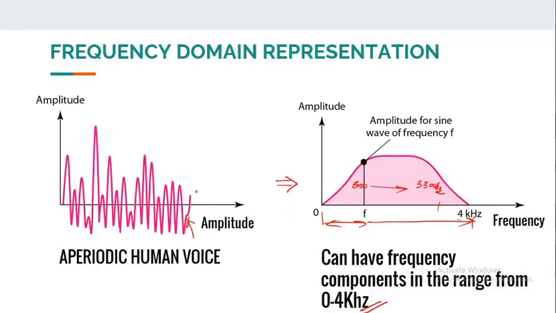I will tell you once again, if an aperiodic human voice is transferred into an electrical signal, we will get a random pattern like this. This pattern will differ at each instant as we make different sounds. Its pattern will change, but whatever the pattern may be, it can be represented by a combination of sine waves ranging from 300 Hz to 3300 Hz.